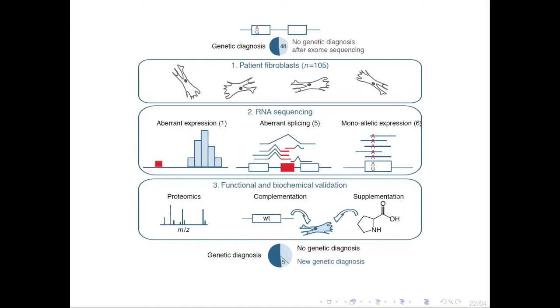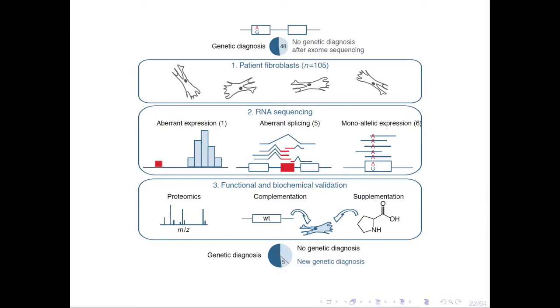So what this group from Germany is interested in is trying to genetically diagnose rare mitochondrial diseases. So they took 100 patients who they suspected of having a mitochondrial disorder, and all 105 had exome sequencing. So this is DNA sequencing of just the exons. But 48 of them had received no genetic diagnosis. So there was no mutation at the DNA level in a gene that made sense for their condition.